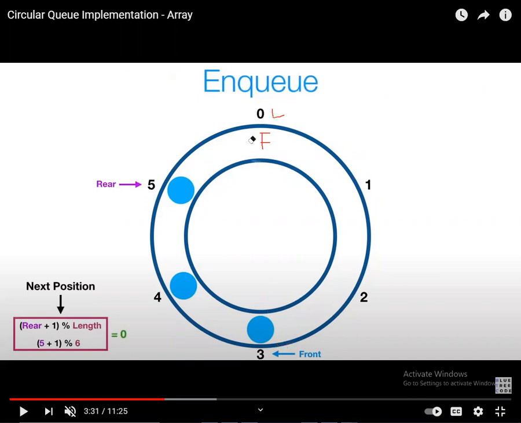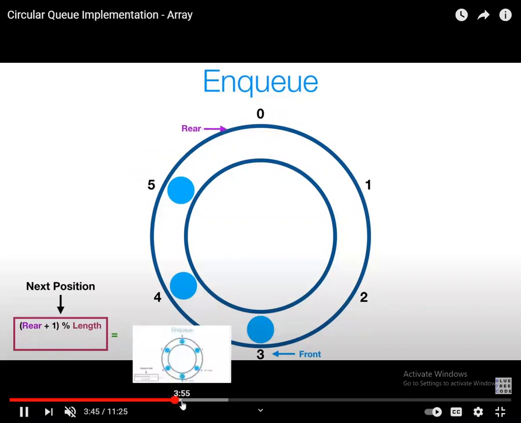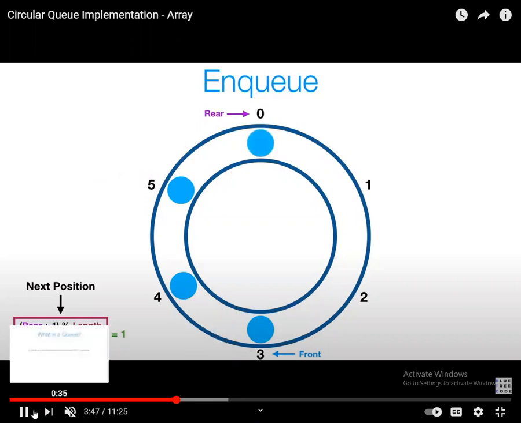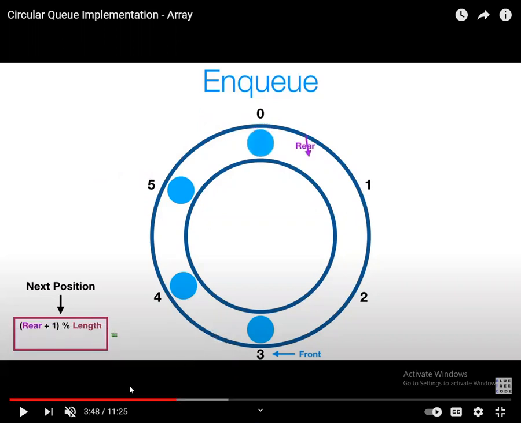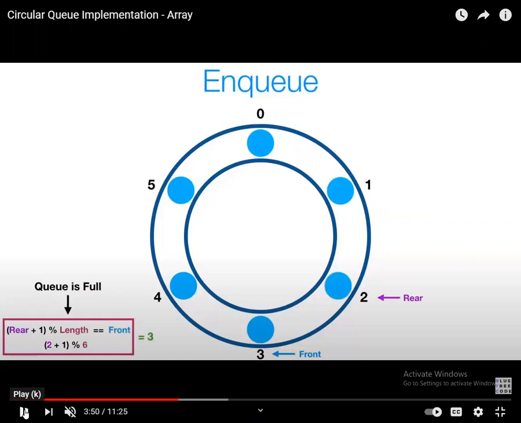So in that case, what happens is, you can insert the element. When the new element is inserted, see, rear is positioned here. When the new element is inserted, what happens? Rear position is going to increment. Rear will increment to here and it will position here. Again, a new element. So this is the advantage of a circular queue over the linear queue. This is what I had explained.